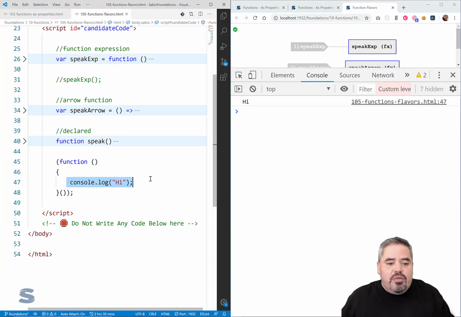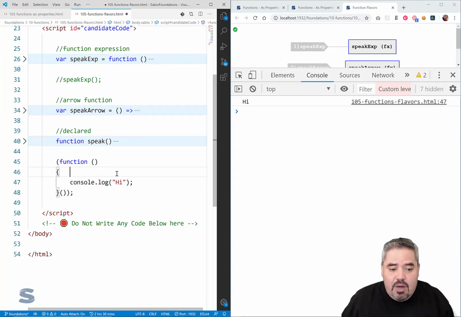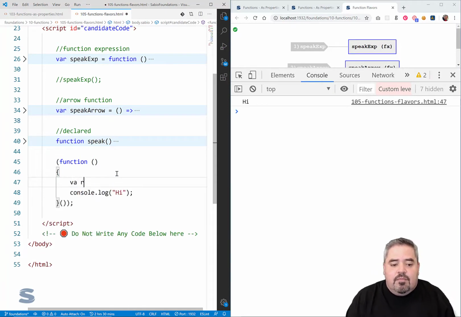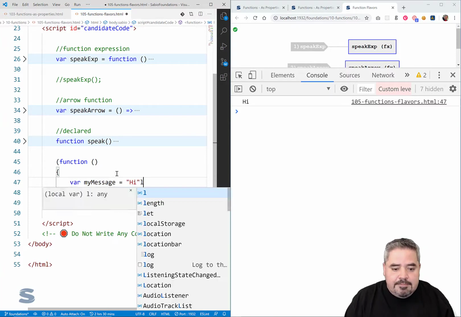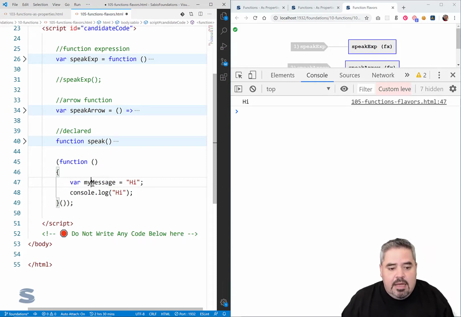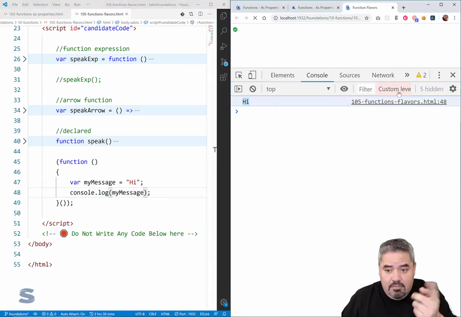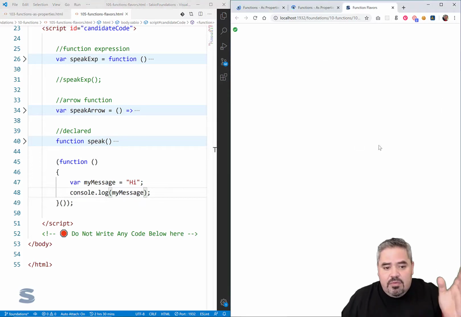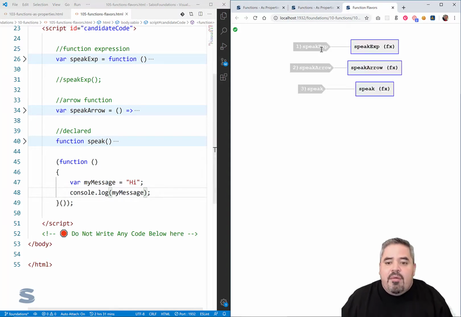We would write code that we didn't want to dirty up the global namespace because in here, watch. So in here, I can say var my message, Hi. And now I have hi. And if we're going to see here, it's going to get logged. There's my hi. But notice now here in the global namespace, when the graph is finished drawing, we have the